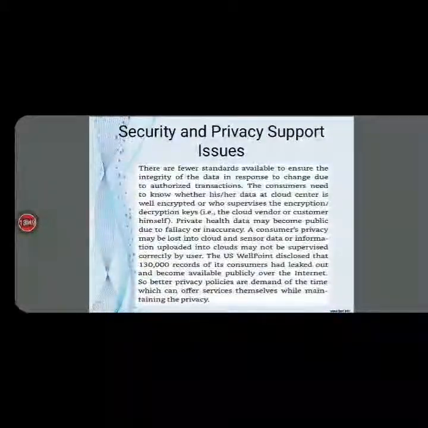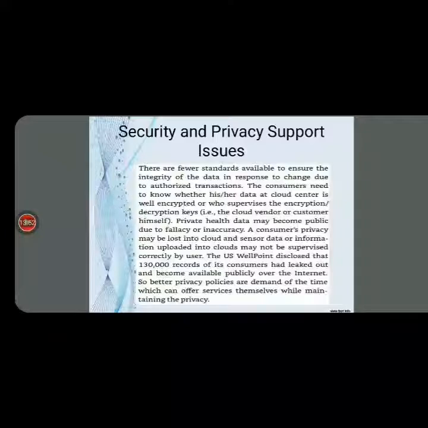Then security and privacy support issue. We know security and privacy. What is security? When we have a file in our mobile, it is our own. It is more than secure for our mobiles. It can also use privacy sense. It is our own, and we don't publish anything. It is using our mobile. In cloud we